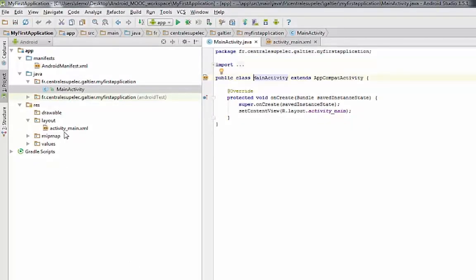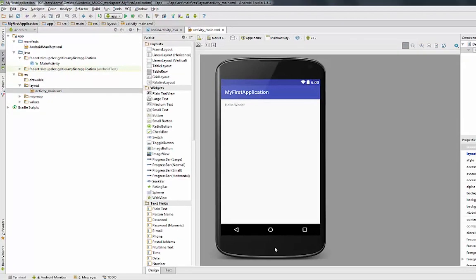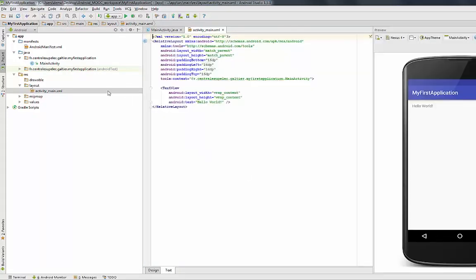By double-clicking on the activity main file, we can display the screen. At the bottom of the screen, you have two tabs, the Design tab and the Text tab. If we select the Text tab, we can display the content of the activity main file.